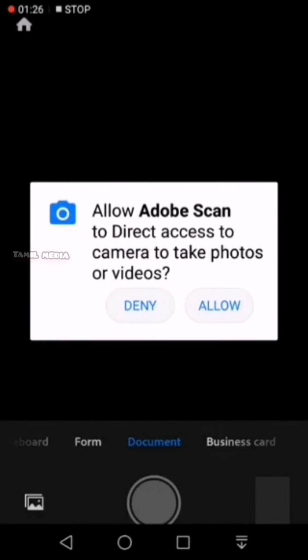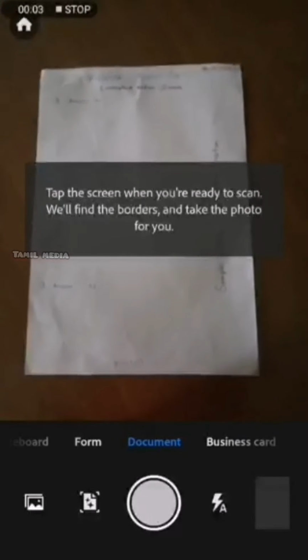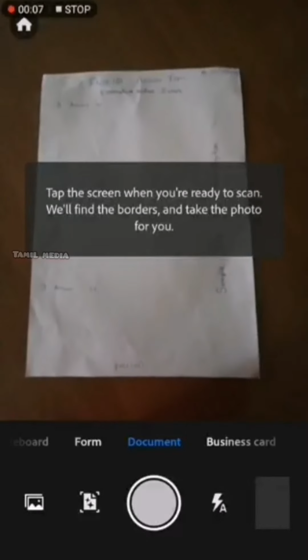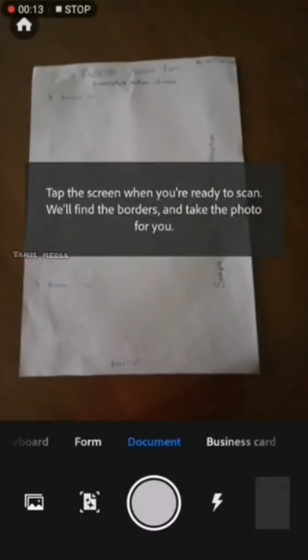Now you have to allow permissions for the Adobe Scan application. Click allow. Now your camera is automatically activated. If your surroundings are dark, you can turn on your flasher.